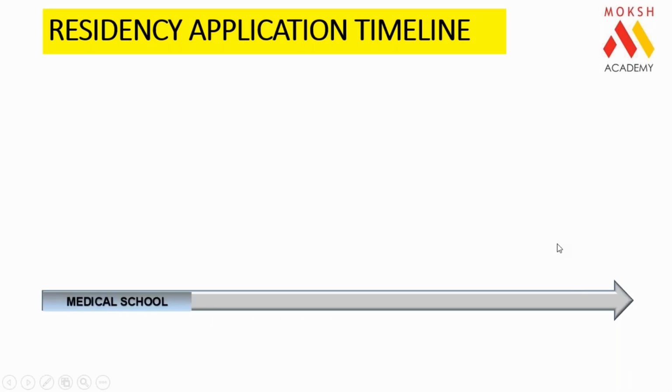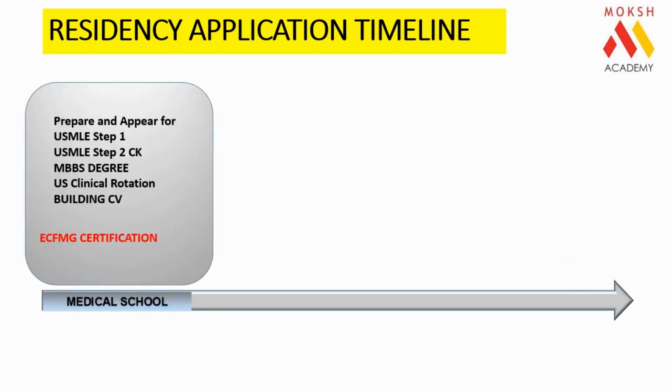So typically, in your medical school, you are expected to clear your Step 1, CK, have your degree, go for clinical rotation, build your CV, and get yourself ECFMG certified once you graduate. Now, those who are starting and doing it in parallel to med school,